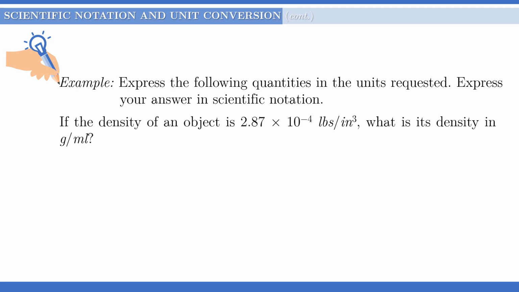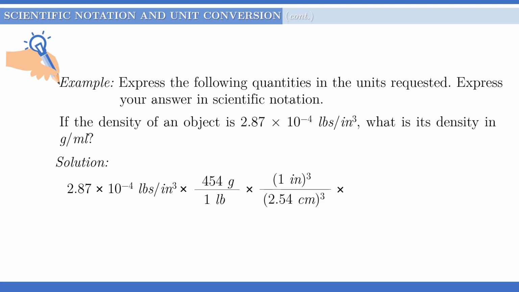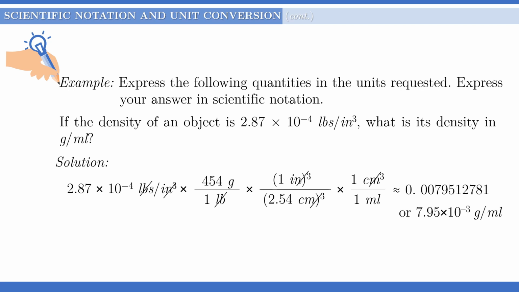Another example, if the density of an object is 2.8700 times 10 to the negative 4 pounds per cubic inch, what is its density in grams per milliliter? To solve this problem, we have 2.8700 times 10 to the negative 4 pounds per cubic inch times 1 pound is to 454 grams times 1 cubic inch is to 2.5400 centimeters cubed times 1 cubic centimeter is to 1 milliliter, and performing the indicated operation, we obtained